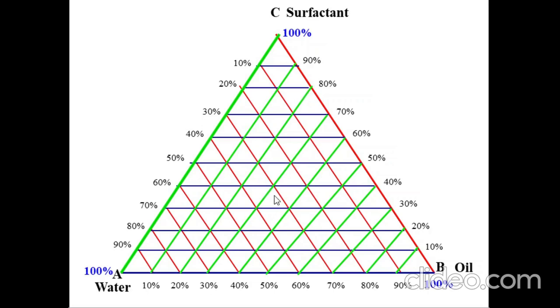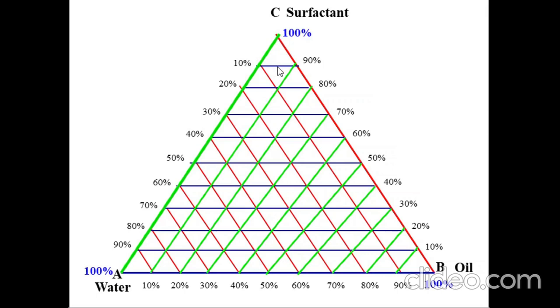How to read this diagram? Take this point as an example. You find the red line, the blue line and the green line. The red line represents the water line, the blue line represents the surfactant line and the green line represents the oil line. At this intersection, what is the composition of the three component system? So to begin with, we'll start from surfactant. This is 100%